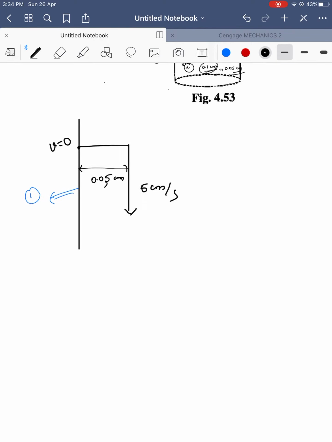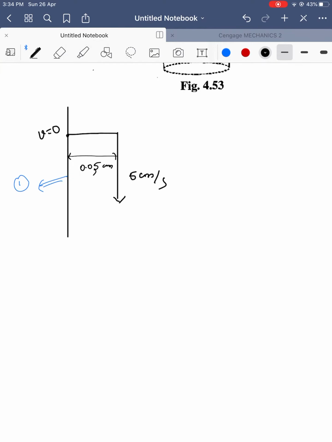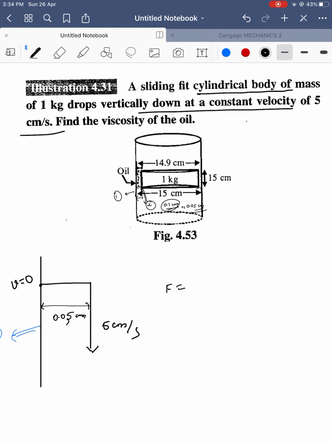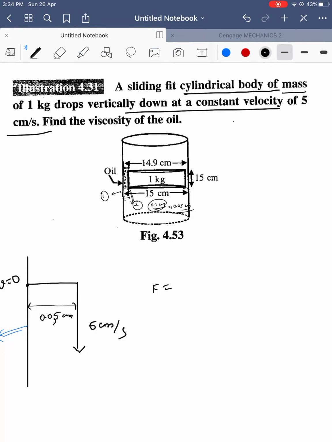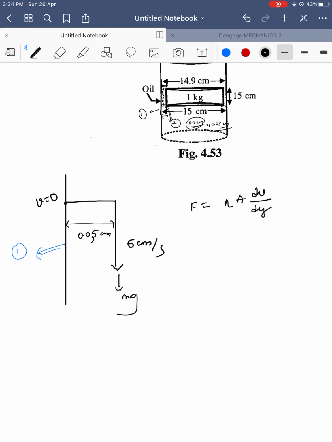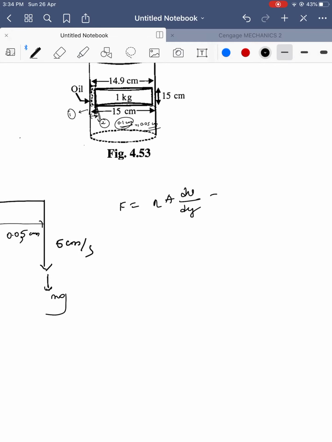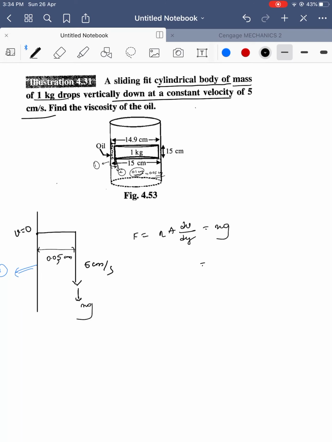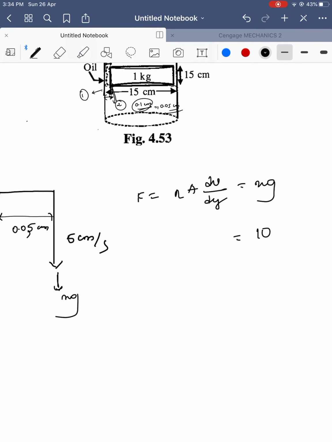Next, find the viscosity of the liquid, and force is equal to nu. Mass is equal to how much? Mass is 1 kg. How much downward force will act on this body? mg. Okay, force is, first let's write this one, nu A dv by dy. The force acting on the side part is also mg in the downward direction. What is the mass of the block here? 1 kg. So 10 is equal to nu, we don't know nu,